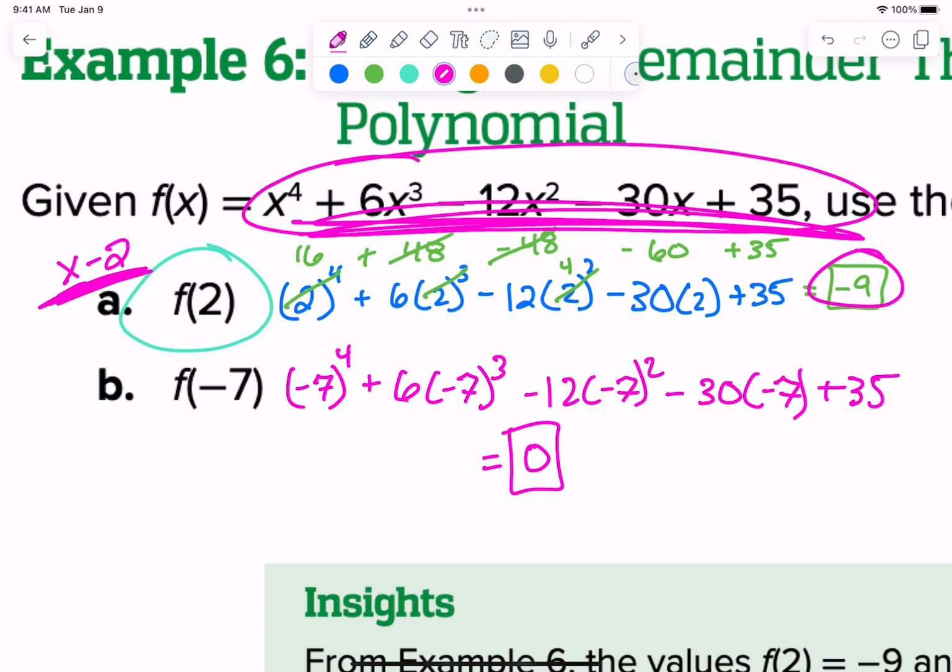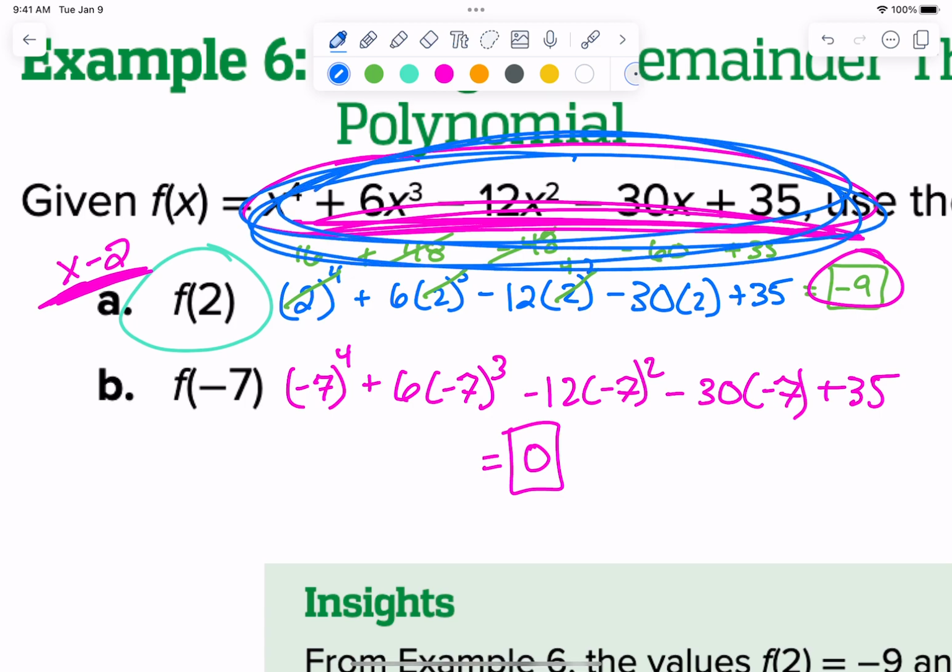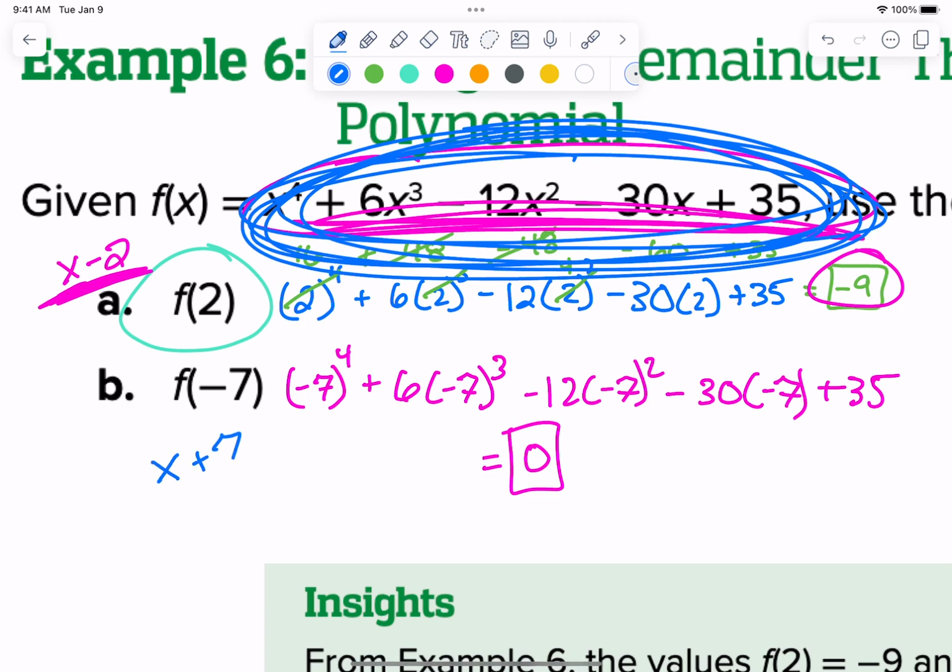Hey, there we go. I got 0. Okay, the answer is 0. So that means if I were to take this polynomial and divide by what? I'm dividing by x plus 7, and you get 0 as a remainder, which means